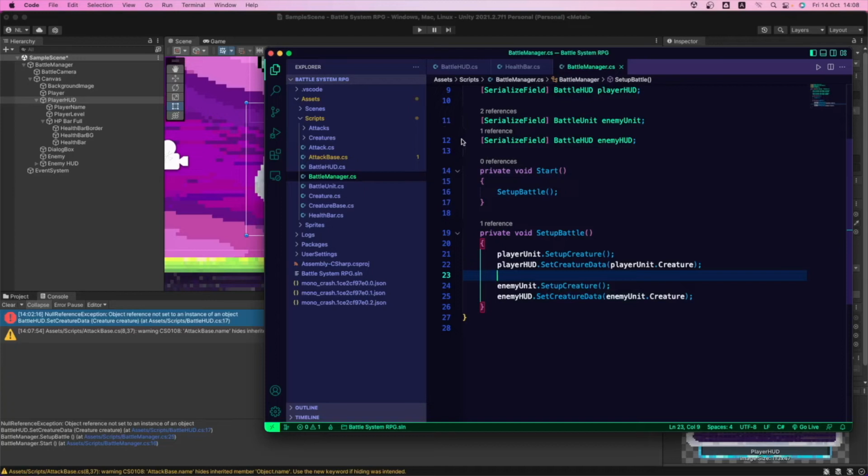But if you can remember, the enemy has no health bar right now. So it's trying to create something that doesn't exist yet. So for now, we can comment these two lines, just these two, and we're gonna save it.